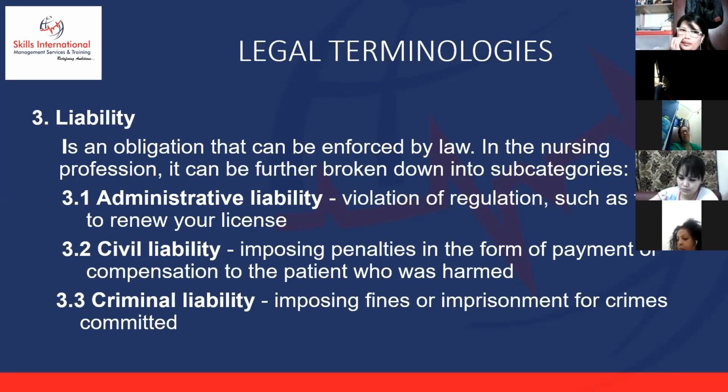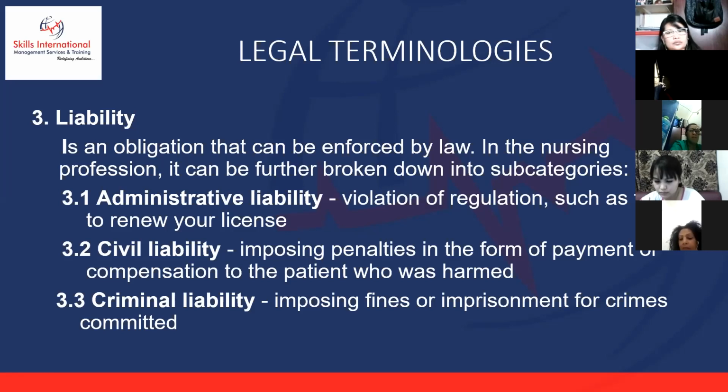So when there is a violation of the regulation, such as failing to renew your license, this will fall under the administrative liability. For example, you are working and your license is already expired and something happens during your working period, so you are liable with